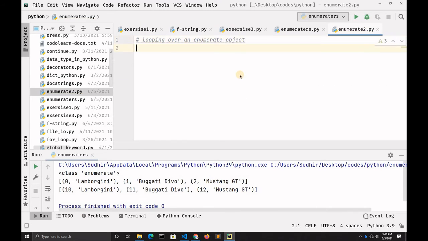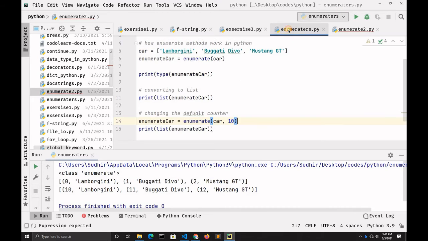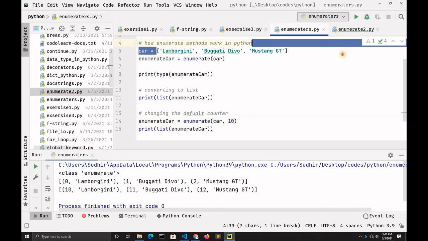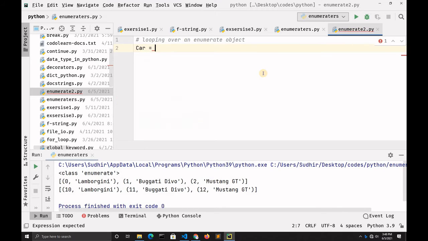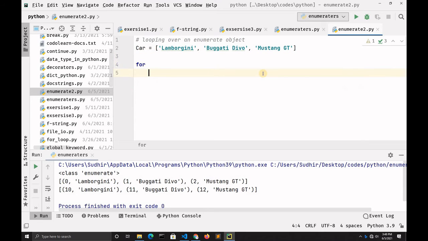Here you have to type cars is equal to the car brand names. I will copy this and paste it here.